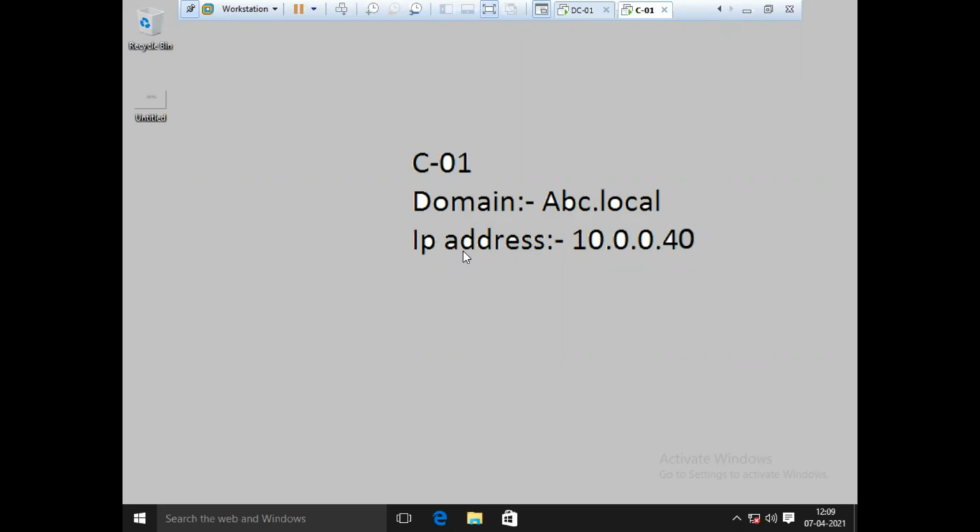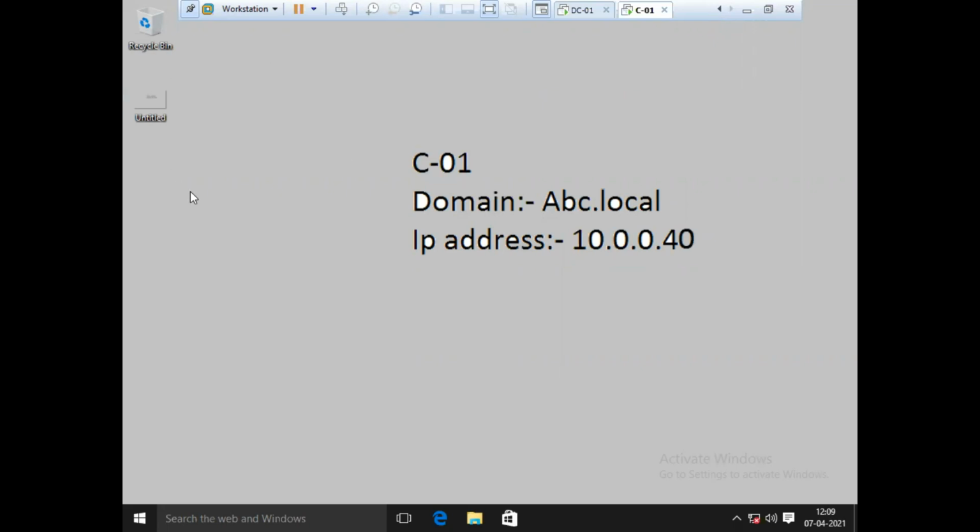So in the client, I need to configure that it synchronizes with HTTP. I don't have HTTPS right now, so I need to configure in the client that the work folder is synchronized with the server with HTTP only. I don't need HTTPS right now. So we need to configure this in the client as well. For that, I need to open the registry. With the help of the registry, we can configure these things.